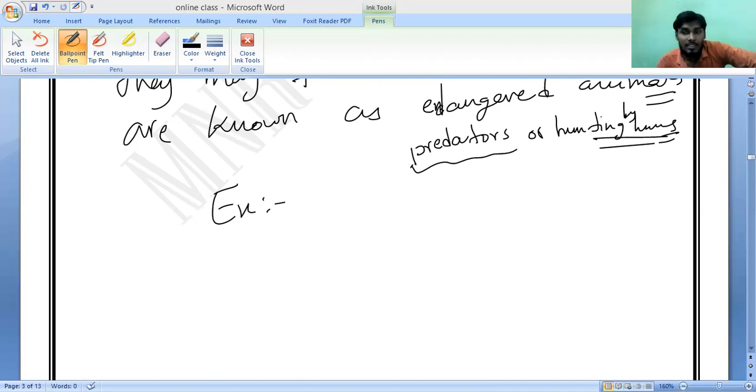We are cutting the trees for constructing houses and factories. We are dumping the wastage directly, without separation or filtration, into the ocean and the forest. Because of that, all the natural habitats are being destroyed. That is why so many animals are reaching the endangered list. So let us discuss some.